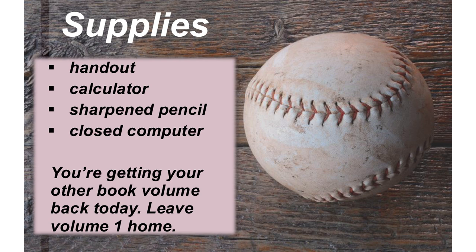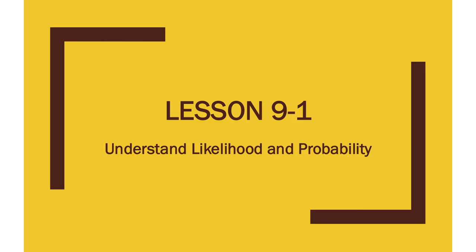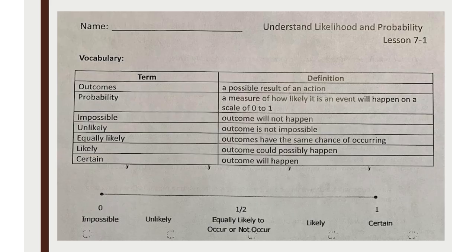We are going to start, however, with the handout you got at the start of class. We're going to be looking at likelihood and probability. The top of your handout looks just like the screen. The very first thing you have is your vocabulary. You have to know your terms. Like when we did statistics, I told you guys, study the terms. You'll be tested on them. If you don't know these terms, there are going to be some questions you cannot answer, and that's going to really hinder you on some of these problems.